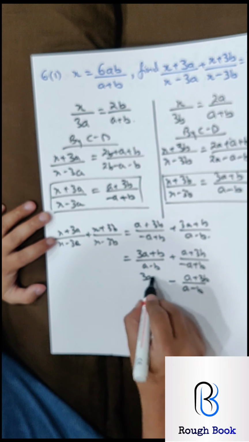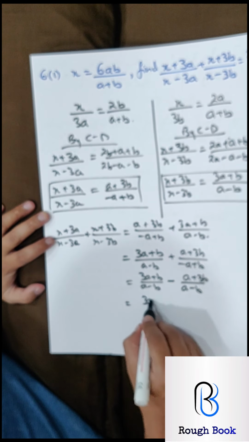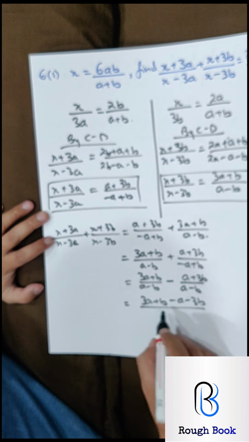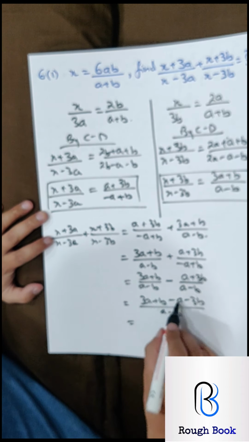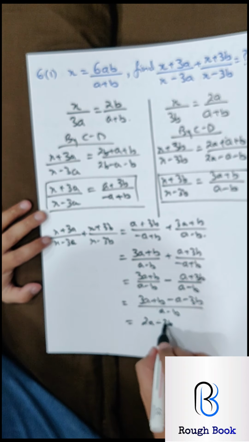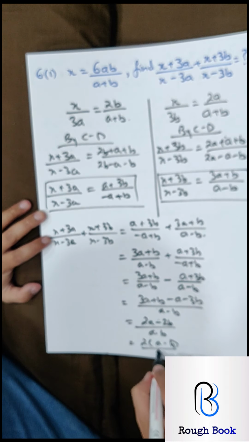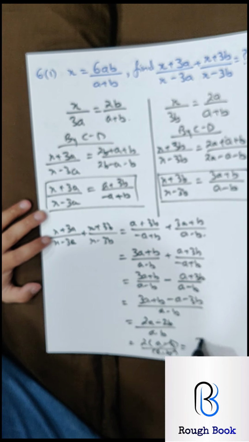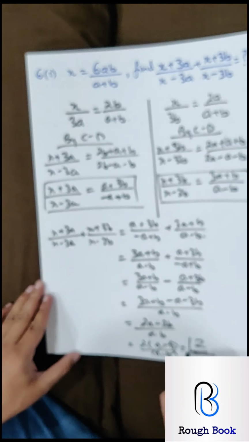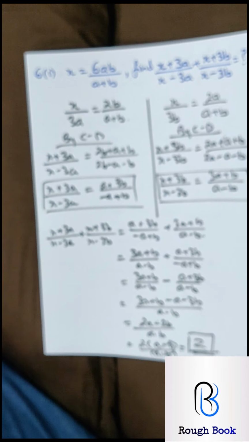Numerator remains the same. So now that my denominators are same, 3a plus b minus a plus into minus minus 3b upon a minus b. 3 minus 1 is 2a and minus 2 plus this 2b. I can pull 2 common, a minus b, a minus b cancels, my final answer is 2. Whenever this type of question comes, the final answer mostly remains 2 only. Yeah. So please see to it you follow this way.